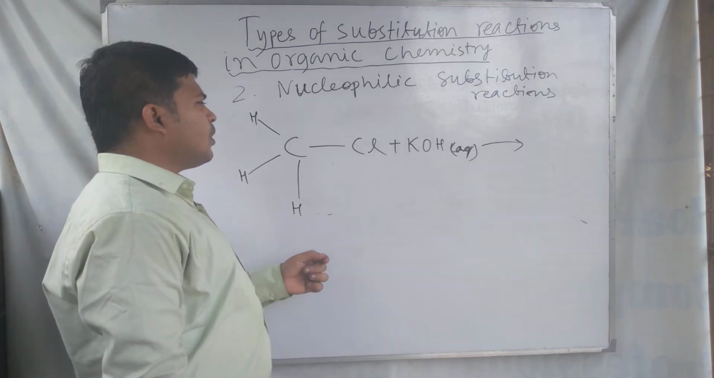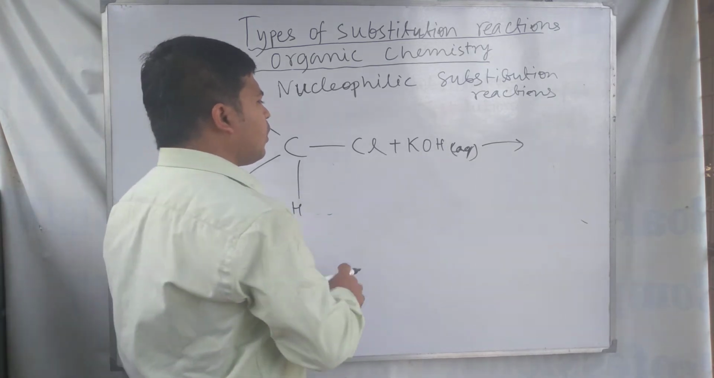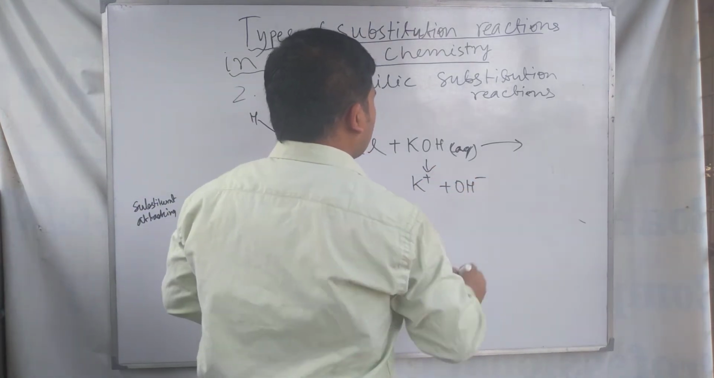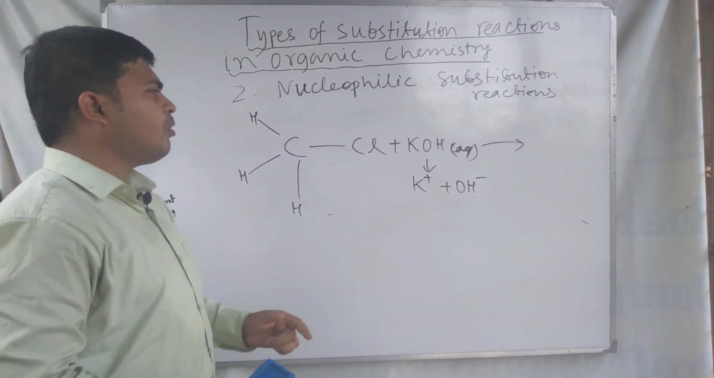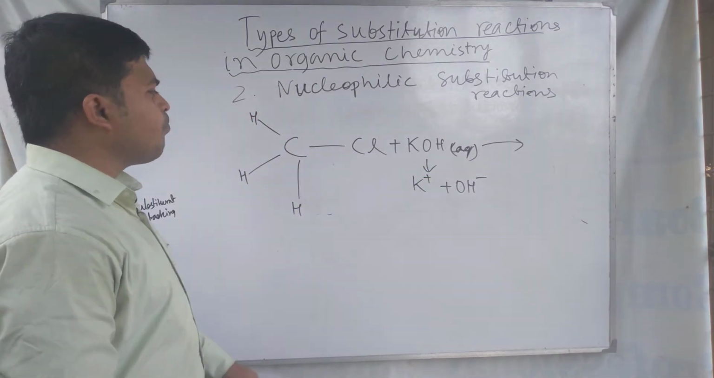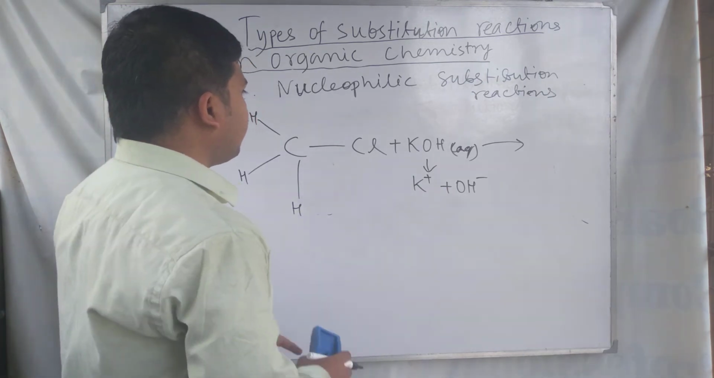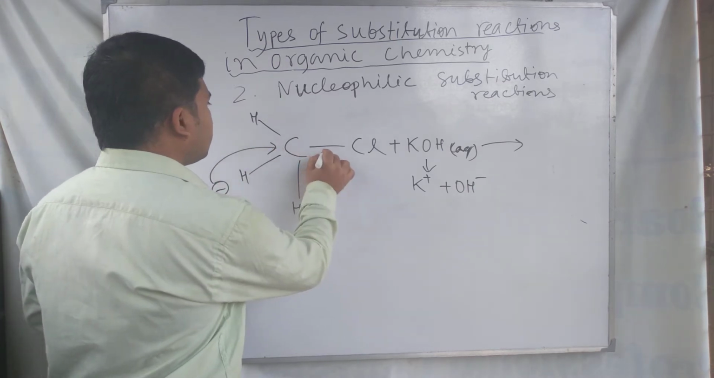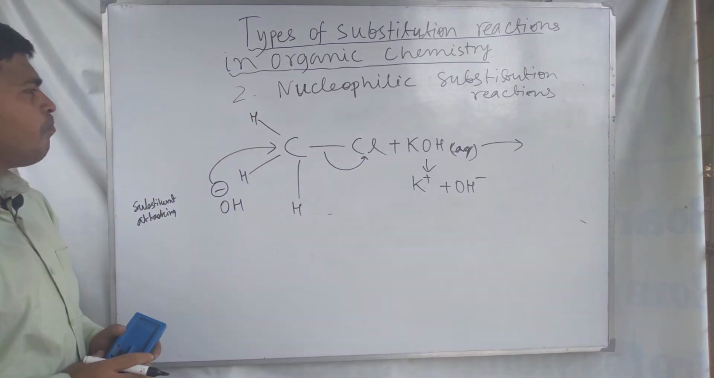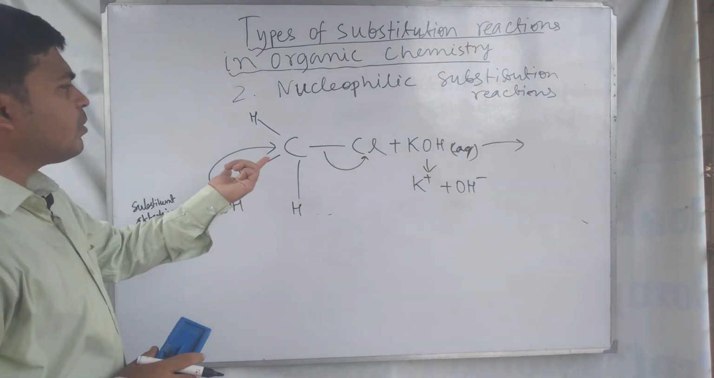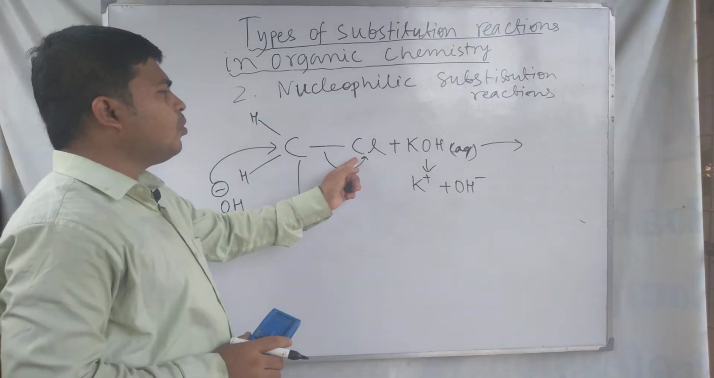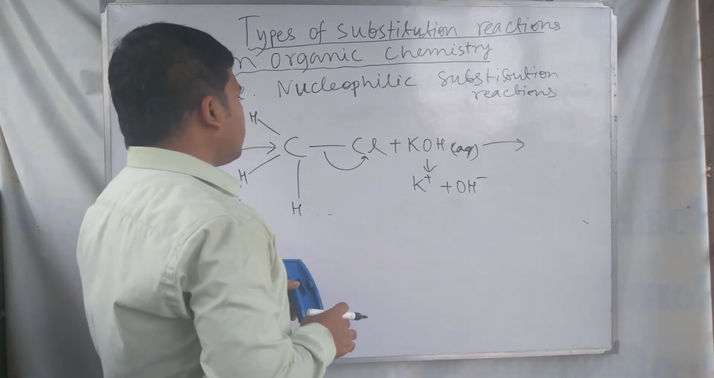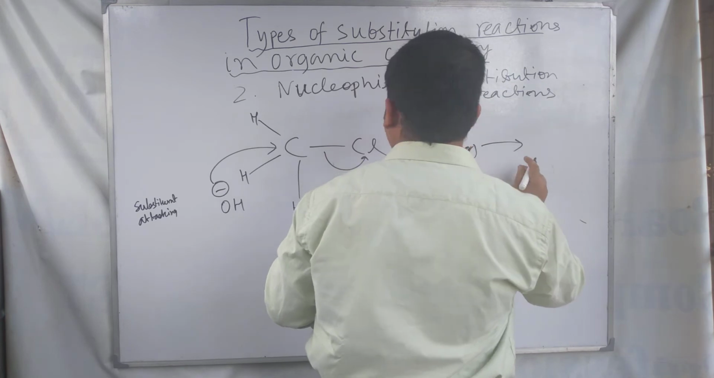because here the nucleophile is OH minus from potassium hydroxide. K plus and OH minus are developed in the reaction mixture, because we know that potassium hydroxide is a strong alkali. So as a result, this OH minus will attack from the back side of this methyl chloride, and as a result this chlorine is removed as a good leaving group, Cl minus, and the new product is formed, which we call the substituted product,